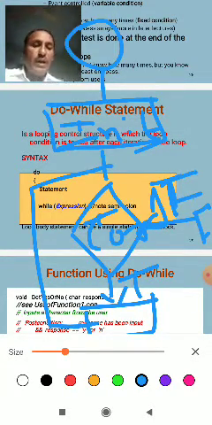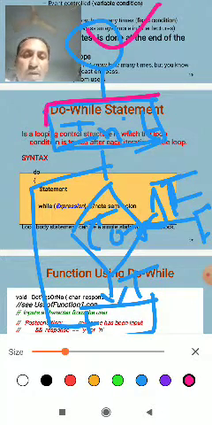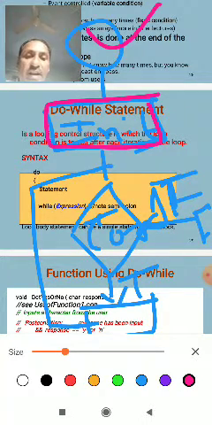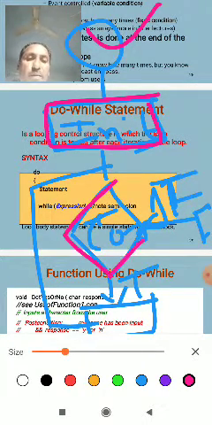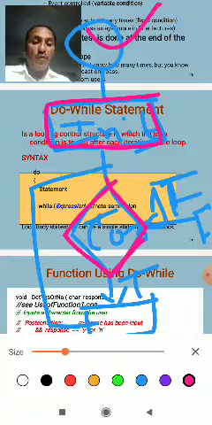Then take the variable value: this is the start button, initialization of the integer variable i, then the loop statement condition takes the condition values or variables.